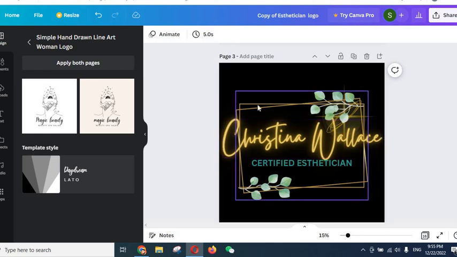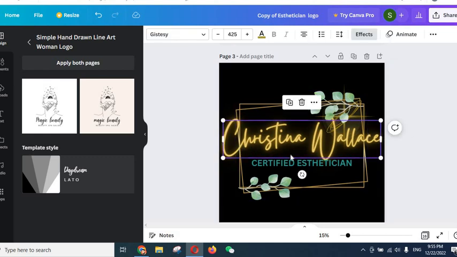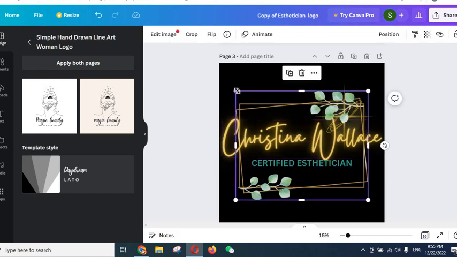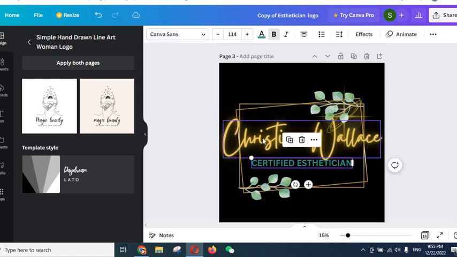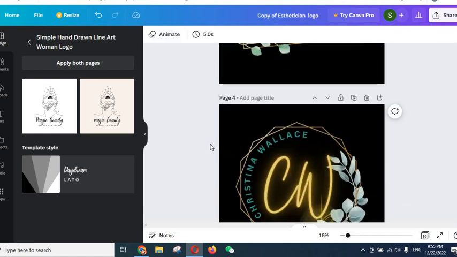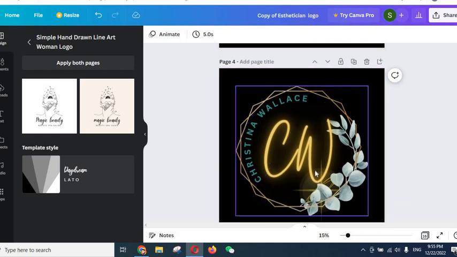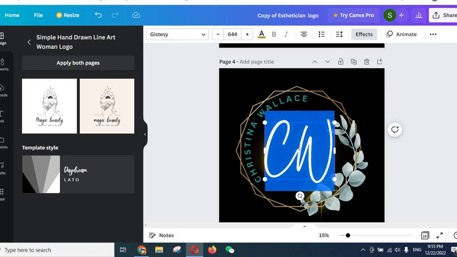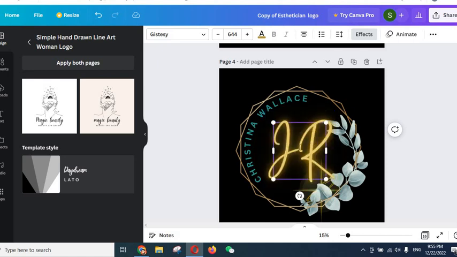This logo has a frame, a main text that is your brand name, and a tagline. So the frame, only the size of the frame can be changed, its colors cannot be played with, and the text, you know how to change it, we have already seen it. Same goes for this one. The frame cannot be changed. The initials in the center of the circle, in the center of the frame, is only a text. It can be changed. All right, and its color, its size, its